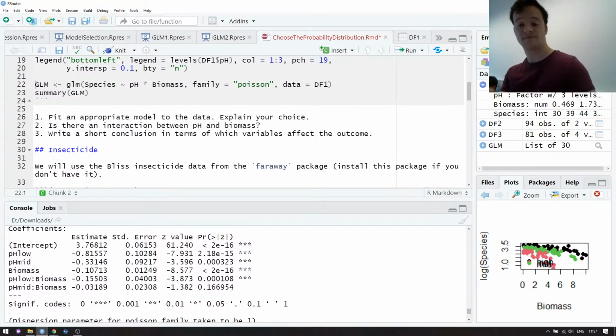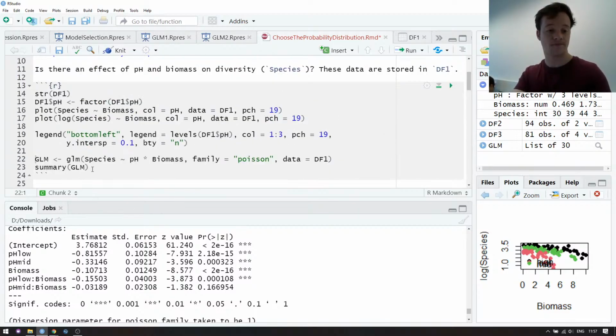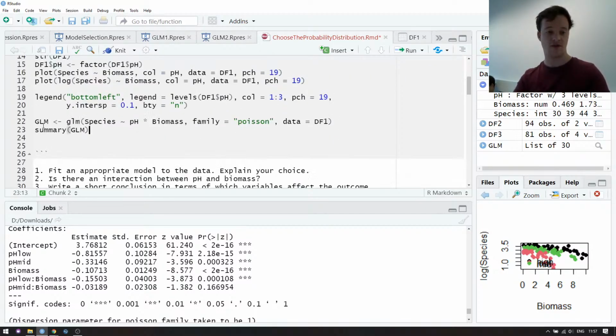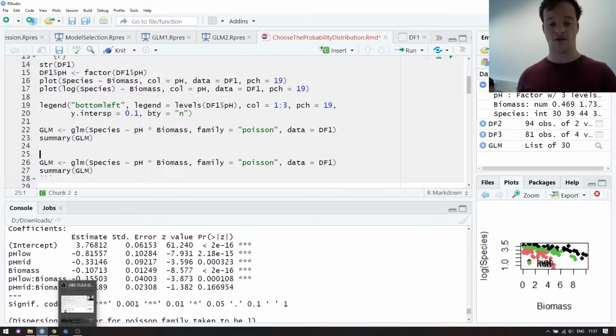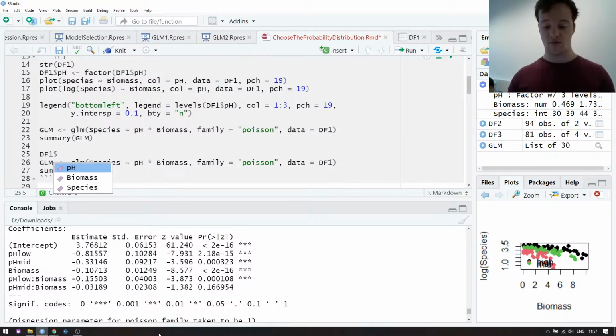Yes. Could you re-level the pH? Because I think that changes the interaction of the pH mid. Oh yeah, sure. Re-level pH low? Okay, I will do it below so we can see both of them. So the way to use relevel is just to fit your model again, but then on a version of your data where the order of the factor is different. You can do that like this: df1 pH, overwrite with